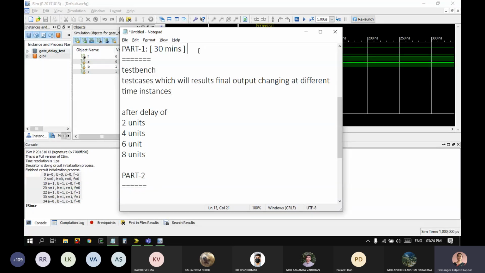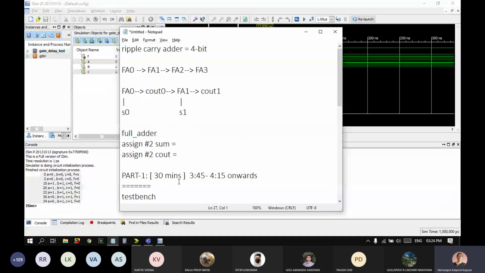Then while part 1 is being evaluated, part 2 is a carry look ahead adder. The goodness of carry look ahead adders is this: why did the ripple carry adder get delayed? Because of the C outs. The C out of one kept on affecting the full adders in front of it.